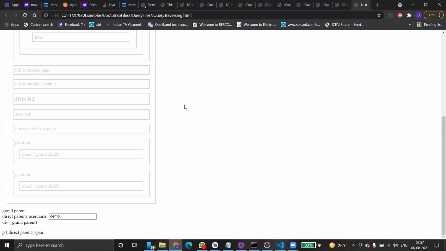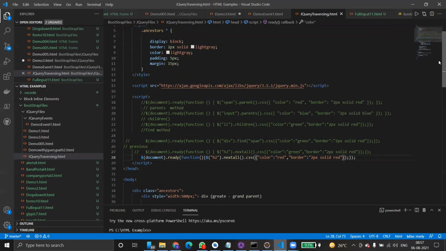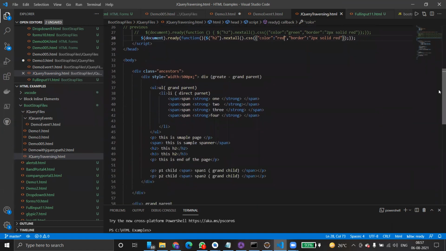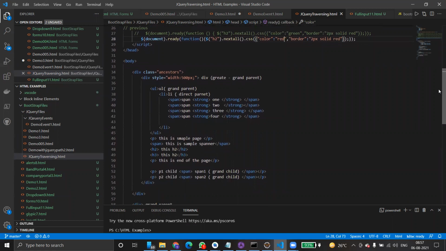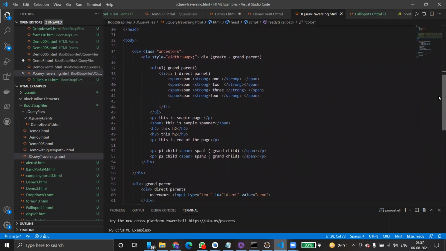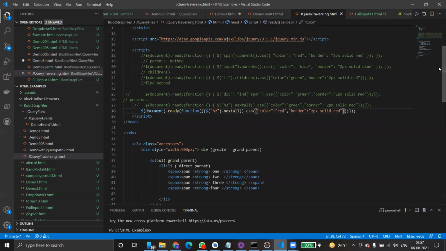Are you referring to the same page, the correct page? Yes, of course. Document.ready function h2.nextAll, only I have used .css.